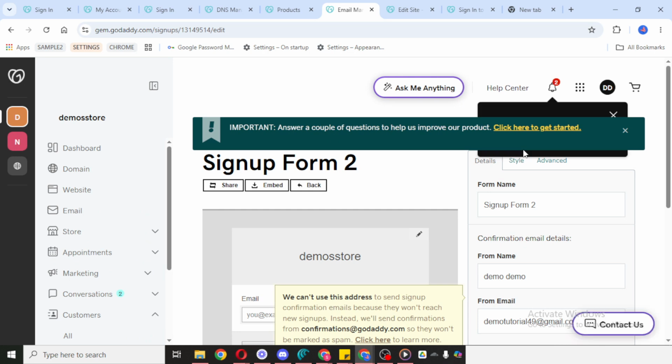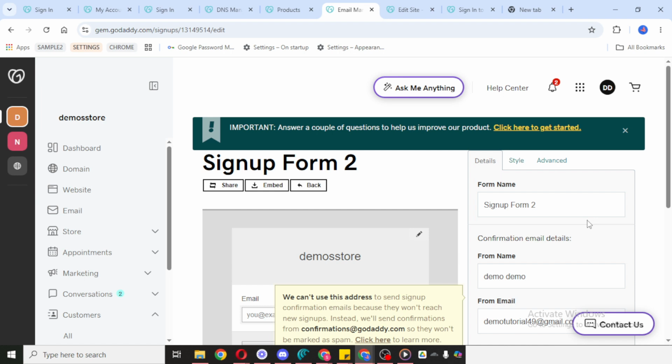As you customize the form, review the layout and make sure everything is clear and easy to understand. It's a good idea to double-check the field names, so visitors know exactly what information to enter. Once you're done, click Save. That will store your sign-up form and apply your changes to the website settings.